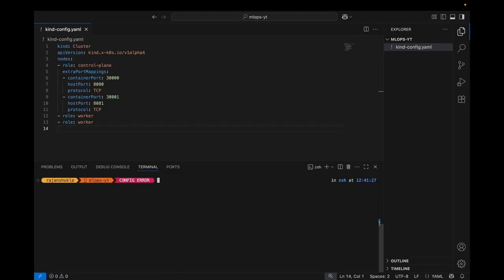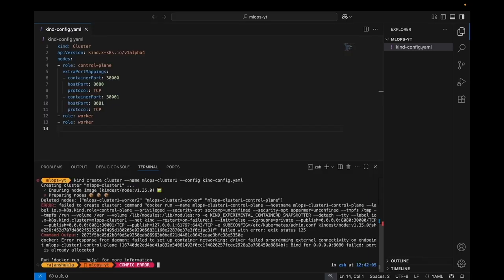So let's type the command kind create cluster --name, and we can name it MLOps cluster 1, and we can pretty much create any name here. Then you need to provide the configuration path, the file that we had just created. We can provide that, and now it's going to do, oh,